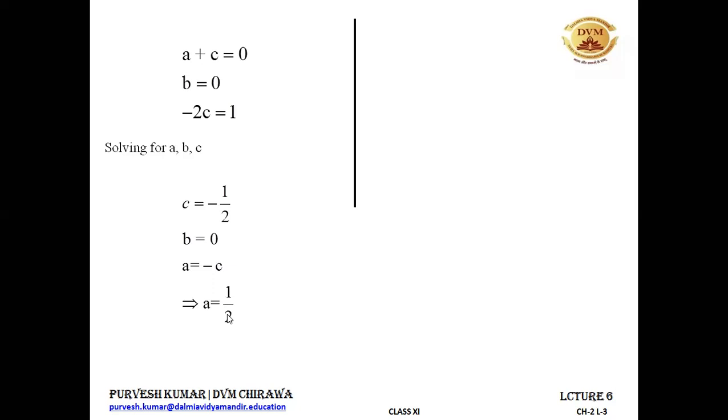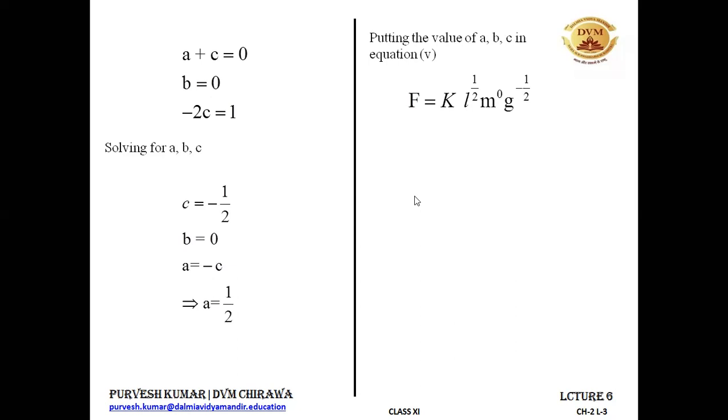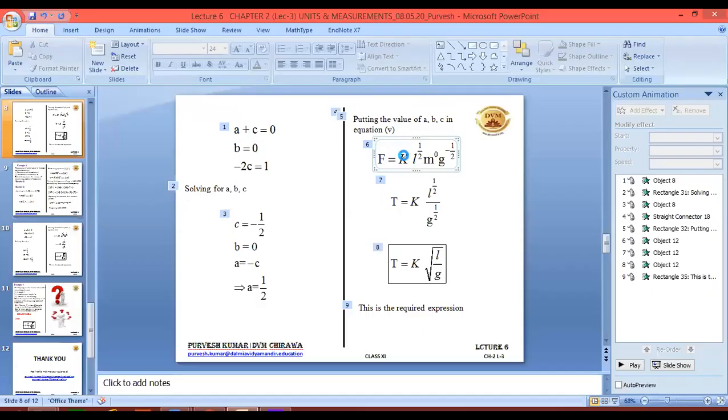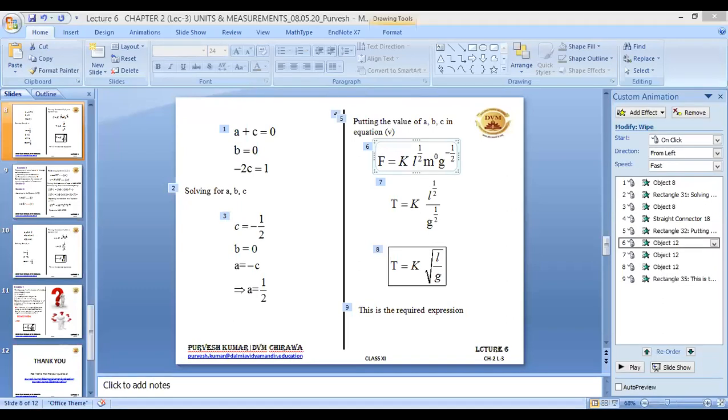All right. So solving, we have got the values of A, B, and C. Now put these values in equation number 5. So putting the values of A, B, and C in equation number 5, it should be T. By mistake, F has been written over here, so I must replace it with T. Let me replace this for you people, so that you don't get confused about where that F has come from. It is T only.